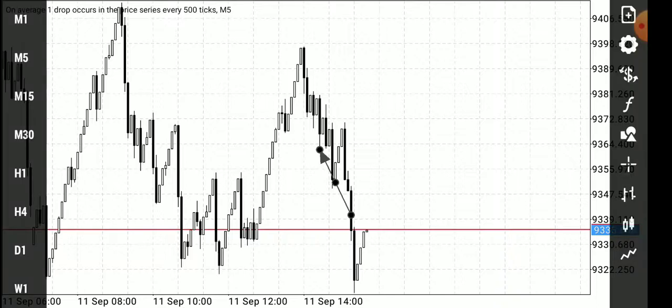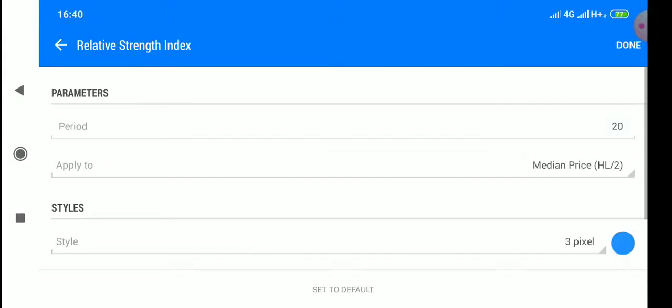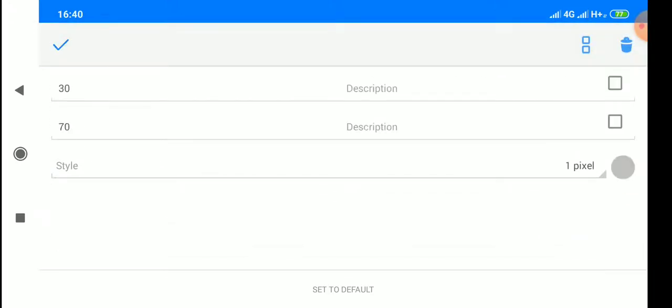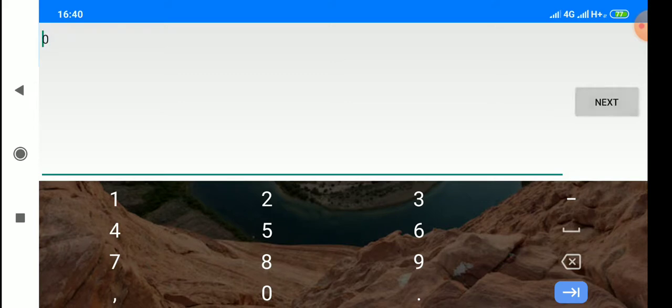So let's talk about the relative strength index. I set my period at 20, apply to median price HL over 2. Then I'll set my levels like this: 5, 95, sorry, next, 90, okay, 10, next,